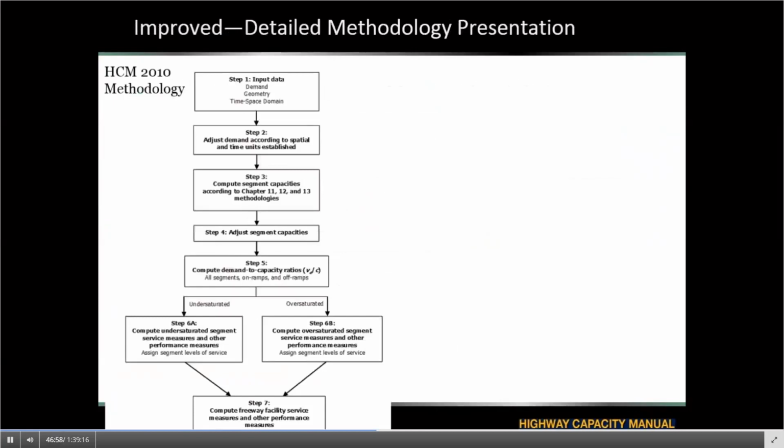Well, in this slide, I want to talk about a change, which seems to be a change, but it's not a big change. This is the procedural flow chart of the facility analysis in Chapter 10 in HCM 2010. As you can see, it has 7 steps from beginning to end: what steps need to be followed in order to analyze the freeway facility.